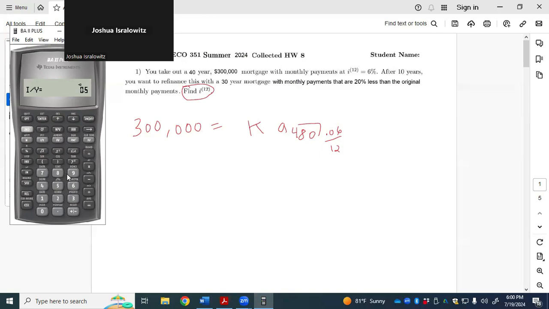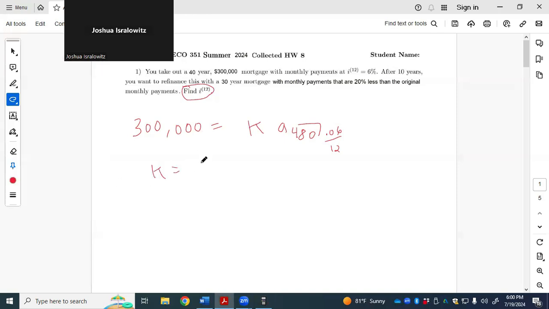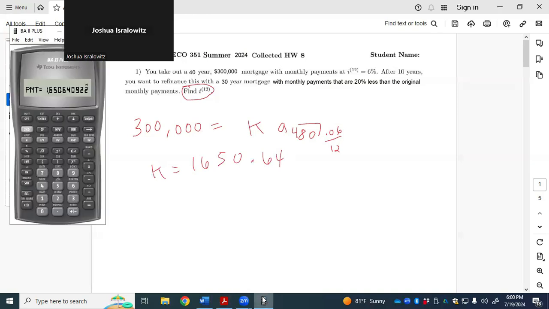Clear TVM. So that's the interest rate, 480, and 300,000, make that negative. Or if you didn't, then the payment would be negative. So 1650.64. So I have it all here, so I'll just save it. I don't really need to save it necessarily, but